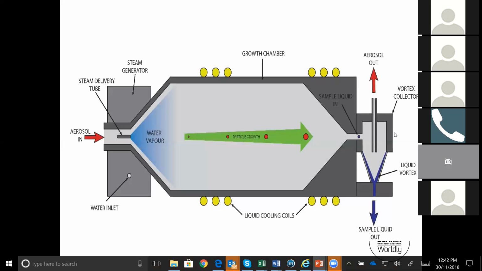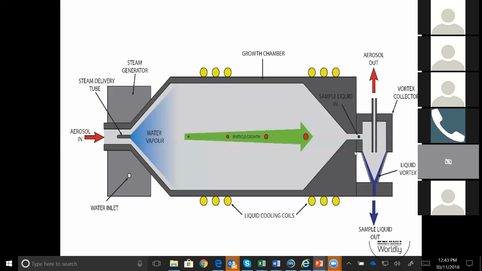The original version of this instrument had a stainless steel vortex collector, but then we had to make it transparent, so a transparent fluorinated ethylene propylene cone was made. This ensures the instrument is solvent resistant, and also we can monitor the formation of the vortex so that we don't have any bubbles, etc. This device was chosen over simpler ones for 2 reasons. The first one was that the vortex collector collects particles directly into the liquid rather than into a continuously wet solid surface, which is the case when we use impactor plates.